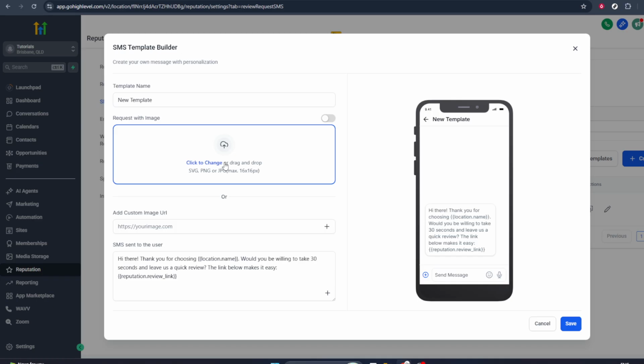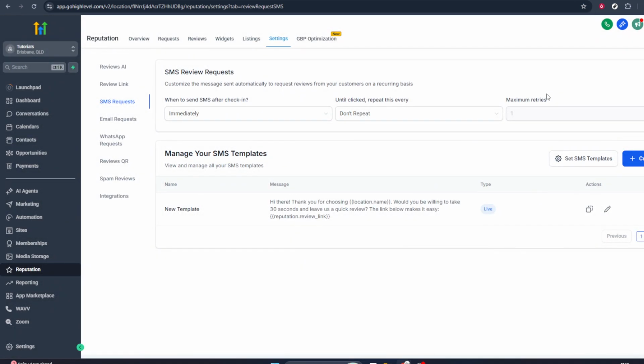Both options bring you to a screen where you can customize the message content, timing, and any variables like the customer's name or a short link to your Google review page. From here, simply follow the on-screen prompts. GoHighLevel will guide you through naming your template, setting up the exact wording of the text, and confirming which review link is used. Once you save your changes, your SMS